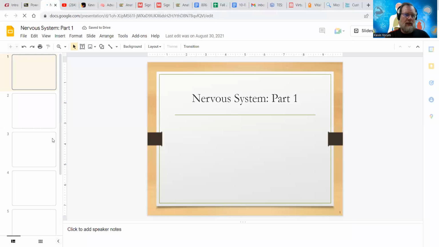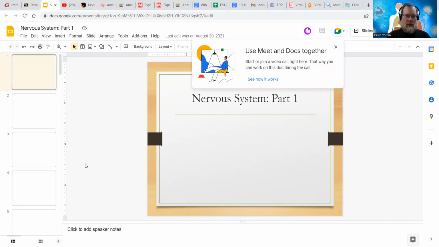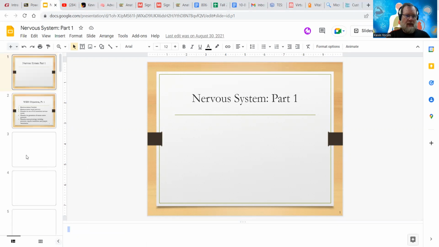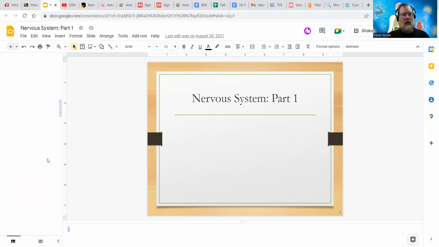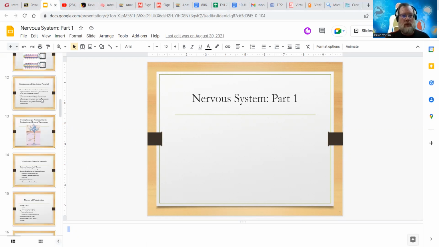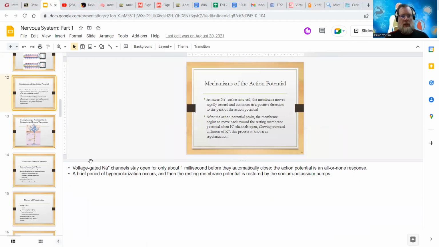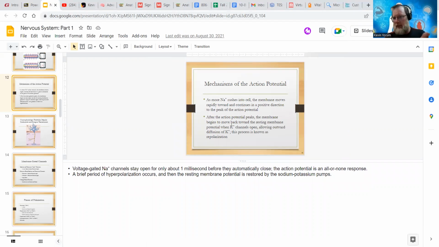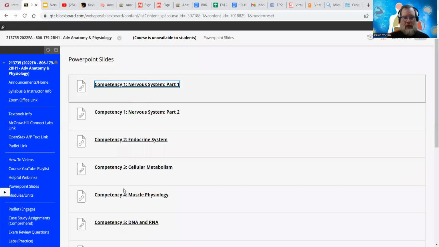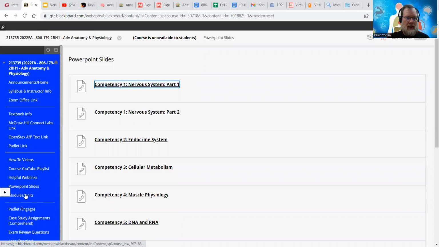The other thing about my slides is that I put my speaker notes at the bottom. So you could certainly find on some of these more info about what we're going through. There's a good example. Here's the slide, and I discussed this in the lecture video, but underneath the slide you can see I've got some notes, and some of your exam questions may be from those notes. Anyway, those are all of your PowerPoint slides.